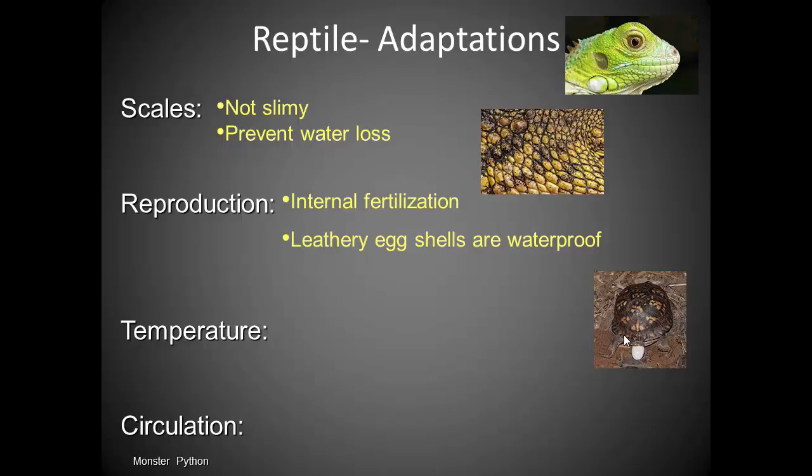Once we get to mammals, what we're going to see is that they have internal fertilization, and mammals keep the embryo inside of them and it develops internally. So we're sort of moving along in the process here. Reptiles are also cold-blooded. Okay? Oh, and their eggs are laid on land. So reptiles are cold-blooded like fish, like amphibians. They cannot generate their own body heat. Their body temperature just depends on their surroundings. It can go up and down,